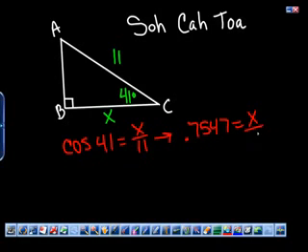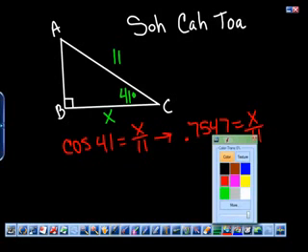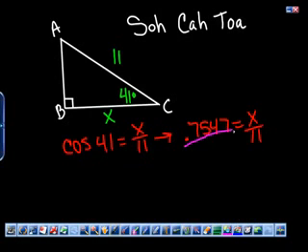Equals x over 11. To cross multiply, let's make this a fraction. Then we cross multiply, and we will get x equals